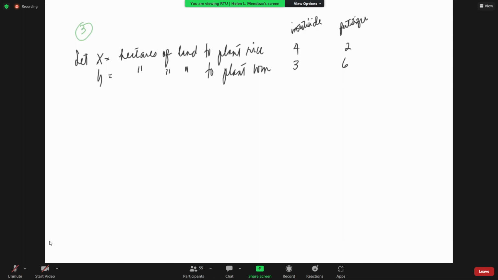So, he has at least 90 units of insecticide and at least 120 units of fertilizer. Profit, 1.5 per hectare. And 1,000